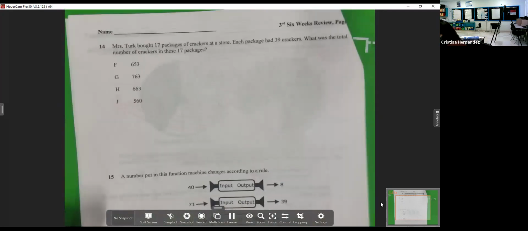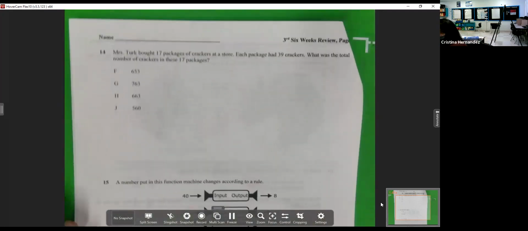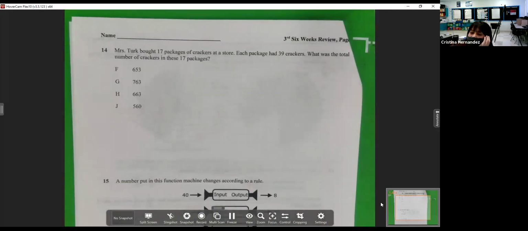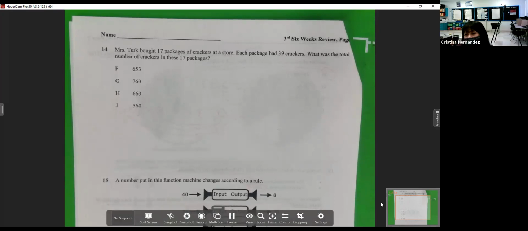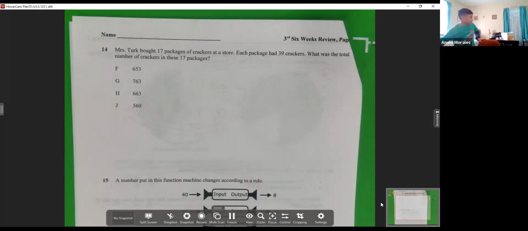My favorite right here, 14. I need everybody paying attention on this one. Way back when, in our younger days of 4th grade, before Christmas break, it might have been before Thanksgiving, I don't remember. I want cameras on so I know that you're paying attention. Man, I always look at my eyebrows on here. They look pretty good.